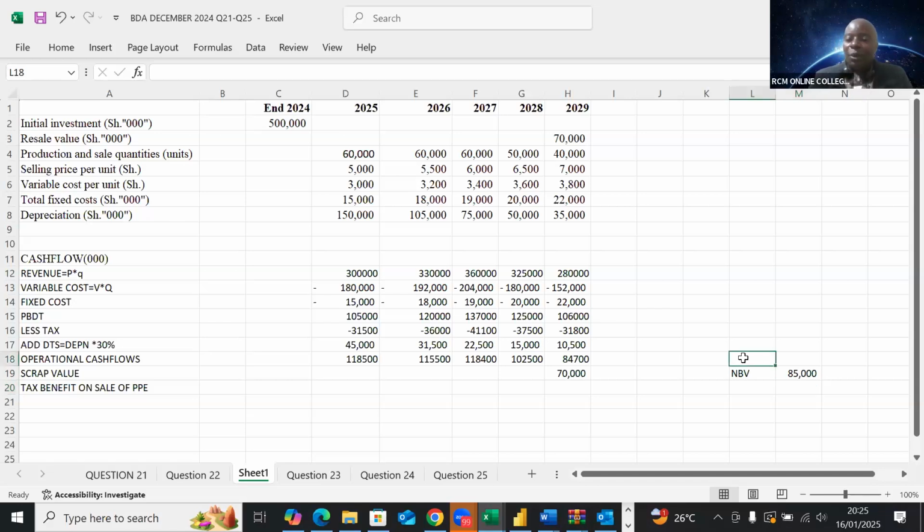I know the scrap value, the resale value. The resale value is this 70,000. So that I'm able to get my profit,